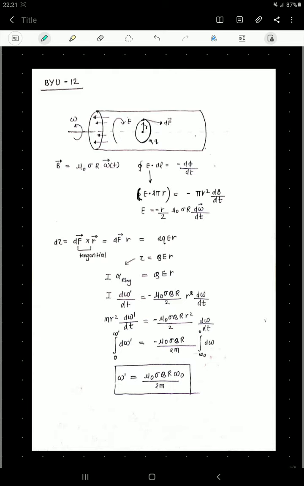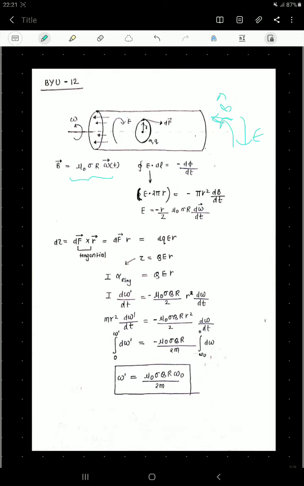Okay, now here I am just doing what, since omega is like that, field would be in the sense of omega, so field would be directed along the omega vector. So B could be written as, I have just considered omega to be a function of time, because I was getting a feel that omega would suddenly decrease. Okay, so I will just consider it to be along the direction of rotation. Since field is along this direction, electric field will be opposite to that direction.